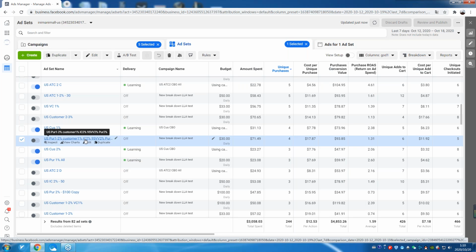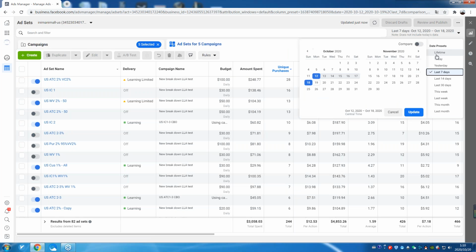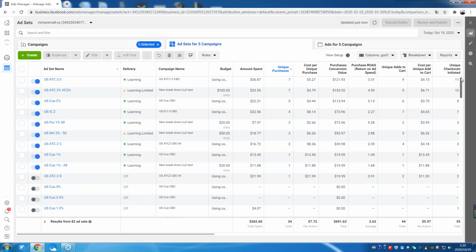You could do three and just do them in sets of three, and you could even do higher percentages. For instance, that 2% you have, you could change all of those to 3% and have three in there, and that'll get your audience size up to about 9 million. So that'll do a good job of building out the size. So you could do three audiences at 3% each. That would really help build out your audience size.